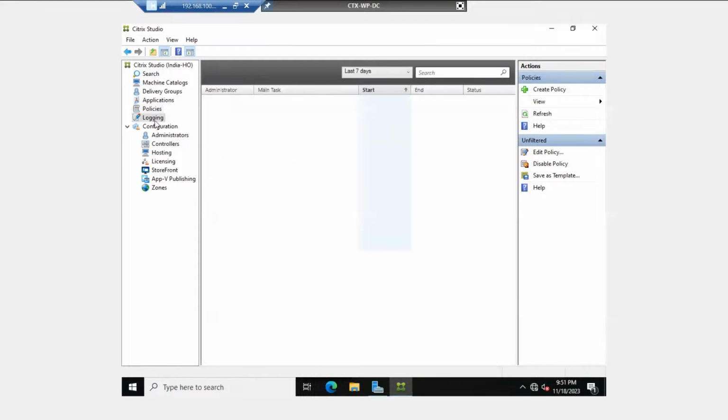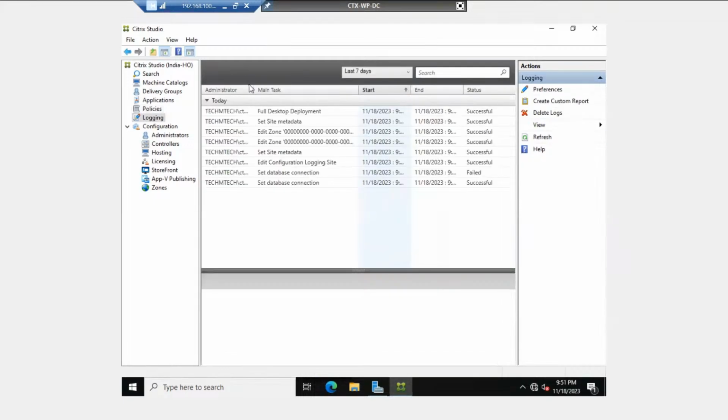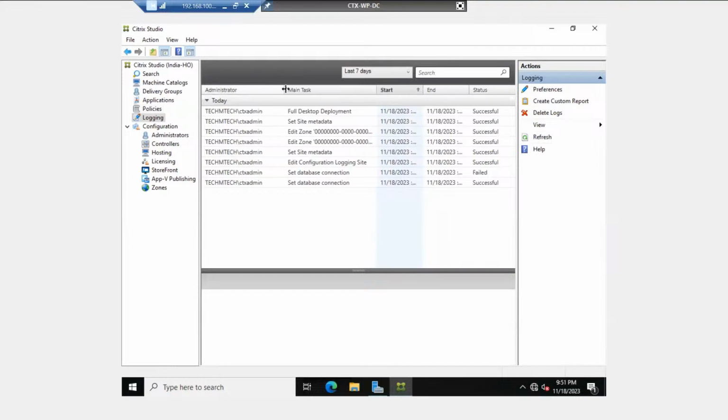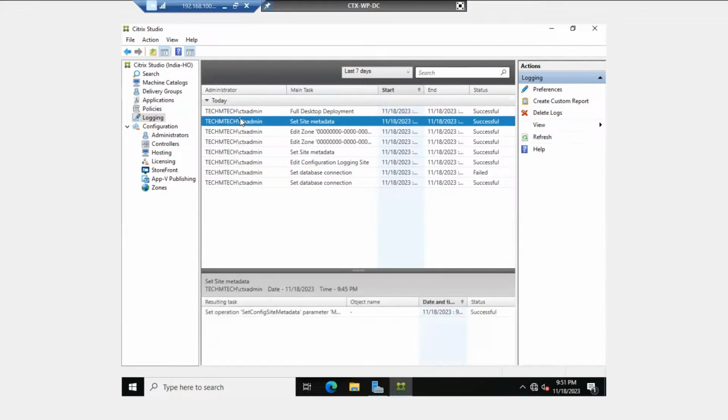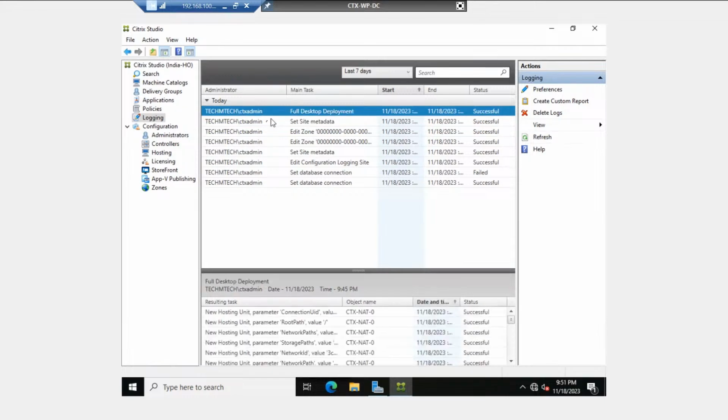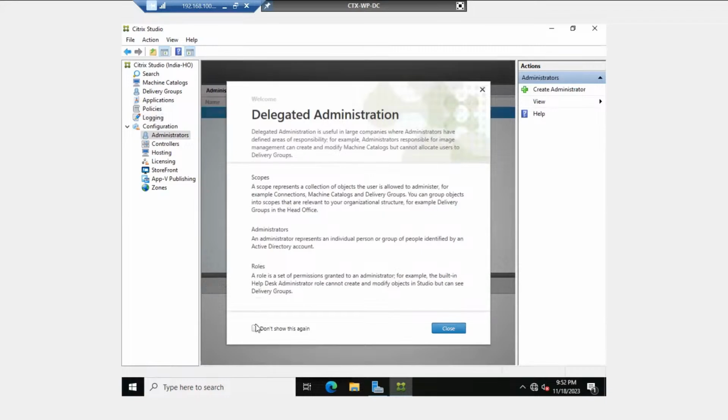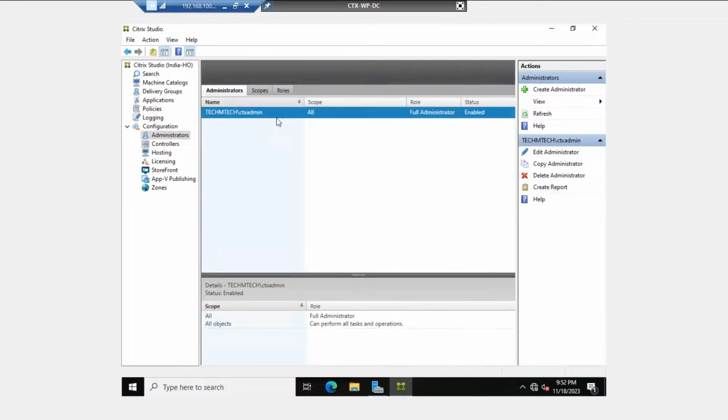Now logging. This is very important. I am the only engineer here who has performed or set up the site, so that is my admin. Whatever operation I am performing here, with start date and time and with status, all those logs will be stored here. Here you will find the list of all of your Citrix administrators. Right now I am the only one, but if you have a new joiner,